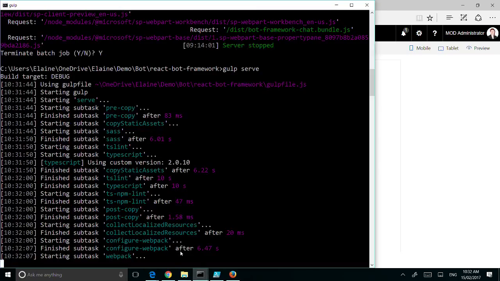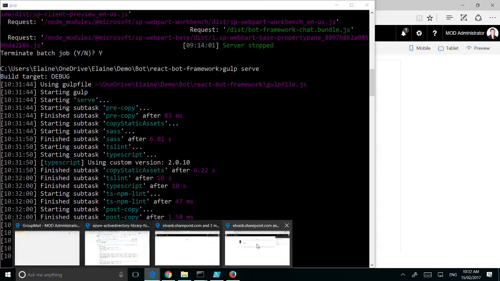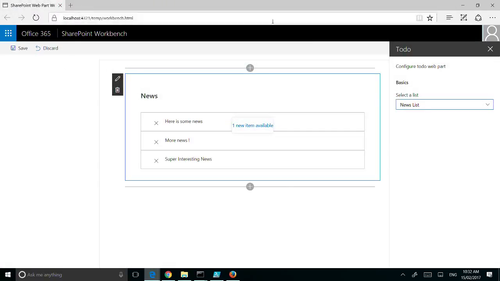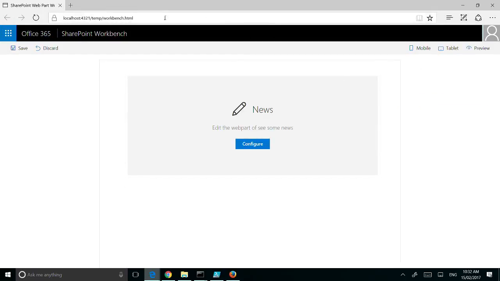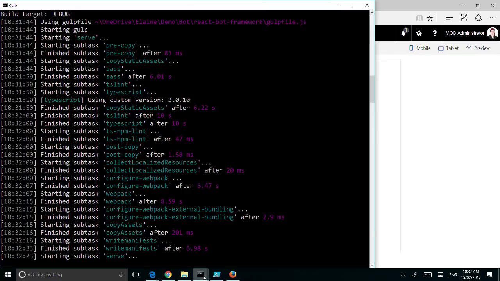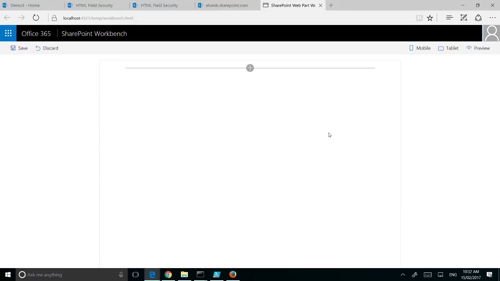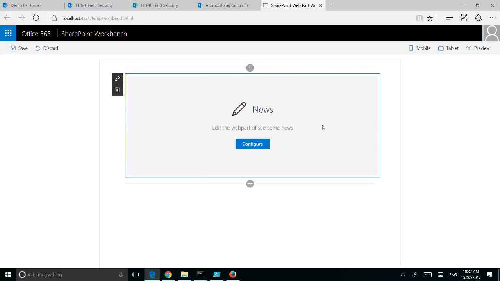Let's just see if it's up and running. That should be. See if it's switched over. Nope. I think it's just loading up a little bit slowly. Here we go. So that's loaded my SharePoint Workbench up. So the way it works is once I've loaded it up and I can debug it locally, I can then actually switch across, and I then have, so this is again me running